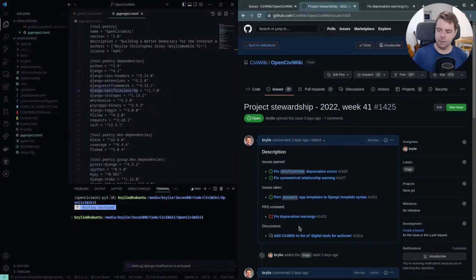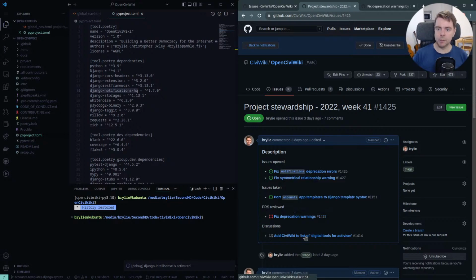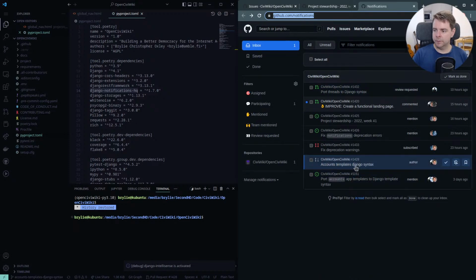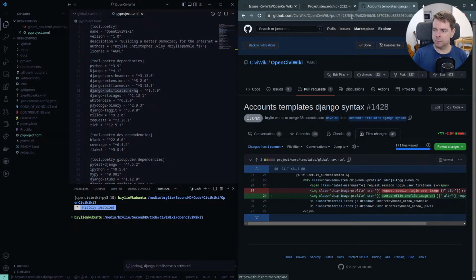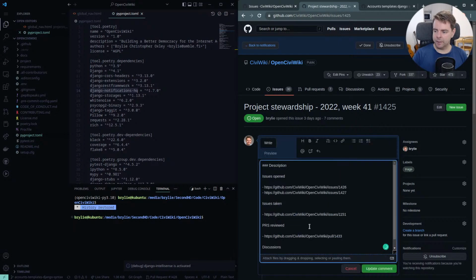And I'm also available to take some of these, but we're trying to capture these issues and make them available to the community because there are so many people who are interested in doing open source work, so that we can open those up. It gives people the opportunity. So yeah, there's that one, deprecation warnings. And I did open this pull request in the current week, or I've worked on it at the very least. So we'll add that.